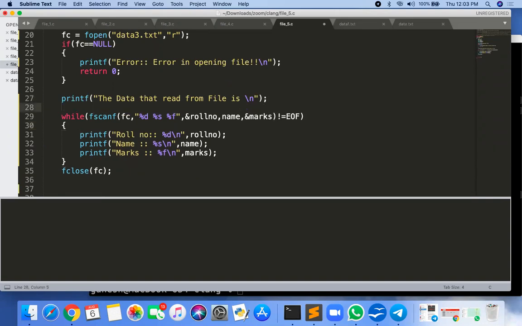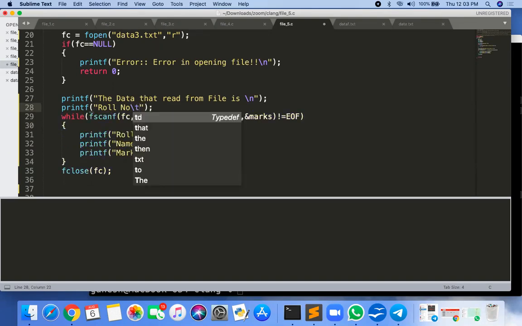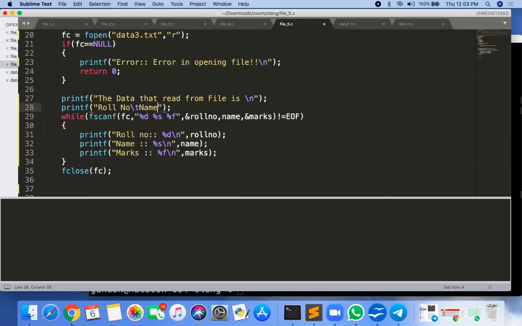And one more time, so you can do the formatting here, that is roll number \t, then name \t, then marks, then \n, and then first one %d \t, then %s \t, and then %f \n.